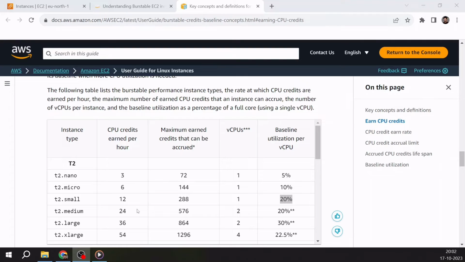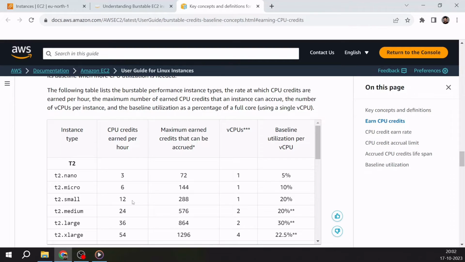Okay, now let's talk about a scenario. Since we are discussing that we can accumulate the credits that we have earned, there is a limit. For example, you are using a T2 small and you are earning 12 credits per hour, and your instance is not utilized even 20%. So you are not consuming all 12 CPU credits. What will happen if your system is running at 20% CPU utilization is that all these 12 will become zero after an hour, because you are also spending